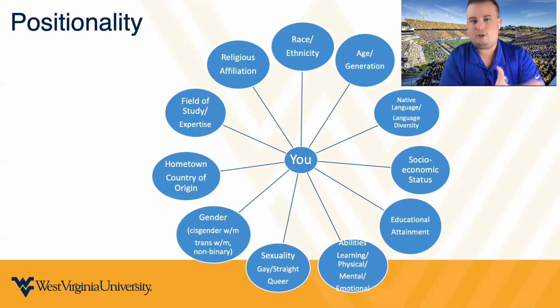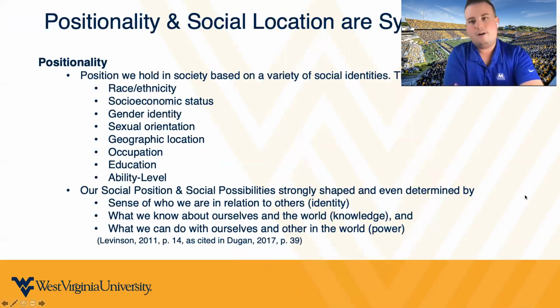And using our positionality and our social location, we have the ability to really influence a lot of these ideas of social change, using critical social theory, using that lens and that tool. So we'll talk here really quickly about positionality and social location and how they have influence. As I said before, these are synonymous terms. You'll hear me use them interchangeably. Positionality is my favorite word to use, but we can also use social location. So I'll try to keep that in mind and pick one.